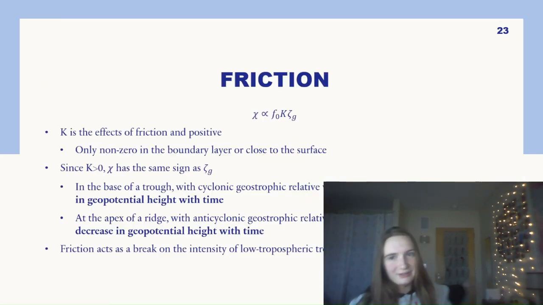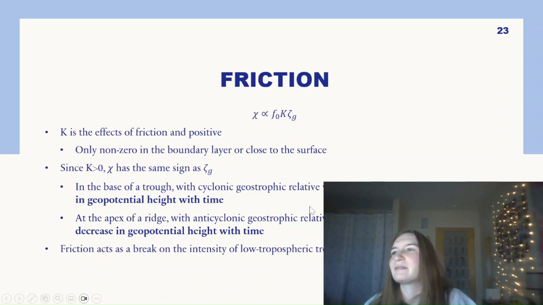All right, friction. Moving on, finally. K is the effects of friction. That's K right here. It's always positive. Friction's not negative. It's only not zero when in the boundary layer or close to the surface where friction effects can take place. Since it's positive, chi, therefore that x, is going to have the same sign as our geostrophic